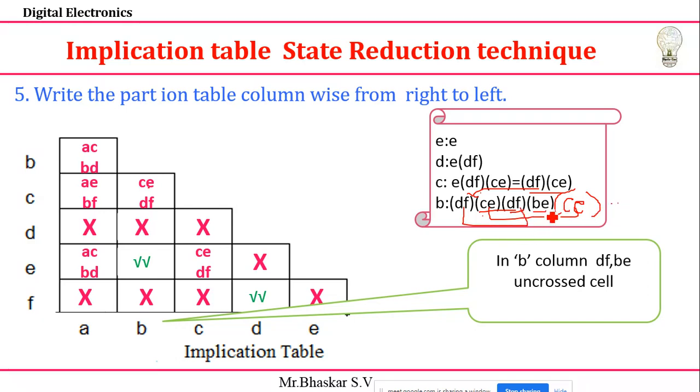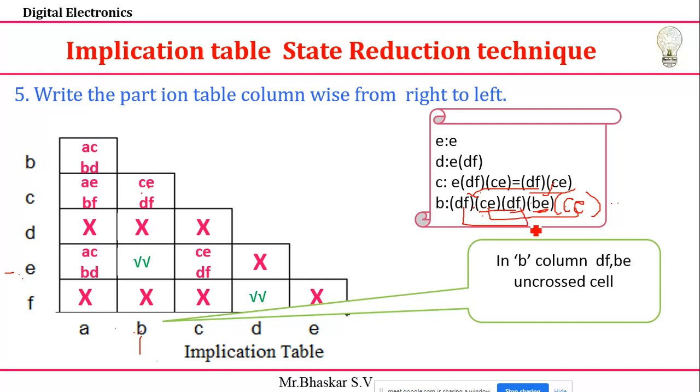Next you have B. That is a very important thing. So B, how to write? See, B and E you need to write. Suppose if the cell value is there, that value you can write directly. Otherwise, if you have a double tick, you need to use this column value and row value. B and E, there is a relation, then you write the B here. Clear? Then what I'll do, instead of taking CE, I'll take only one CE, and DF, you will get only one DF.